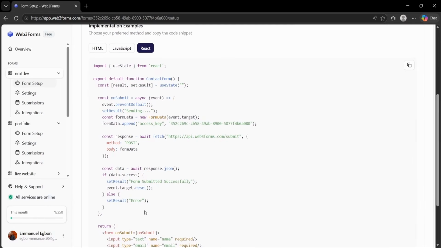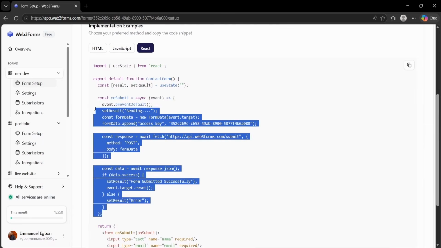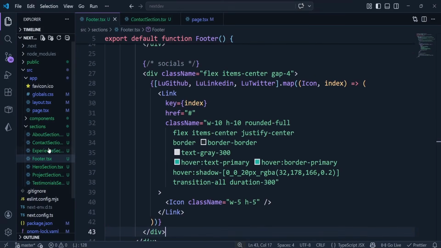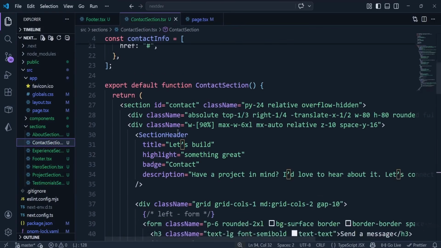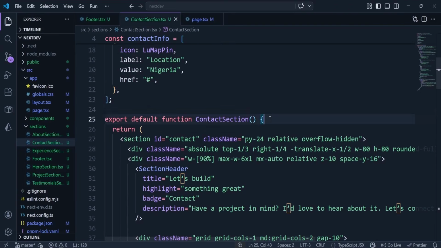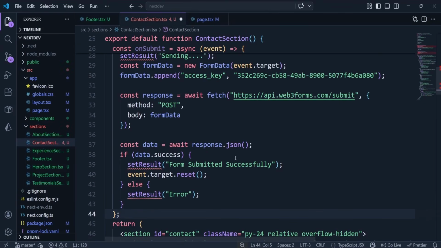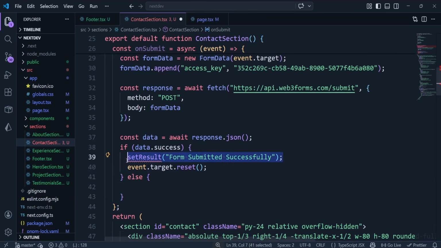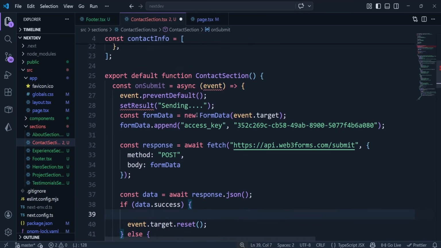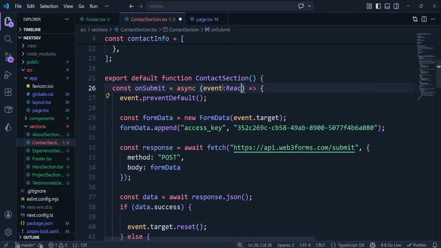So we're just going to copy this onSubmit function right here. We'll just copy this, and then we'll take this back to our contact section. We'll just paste that up here. And then we'll get rid of this result for now. We don't need this result state. Get rid of that. Get rid of this. And now, since we are making use of TypeScript, we have to specify the form event, which is going to be